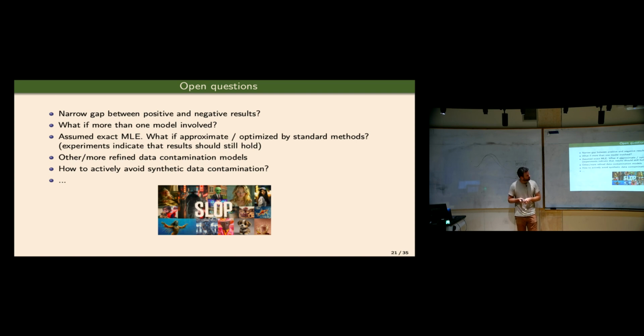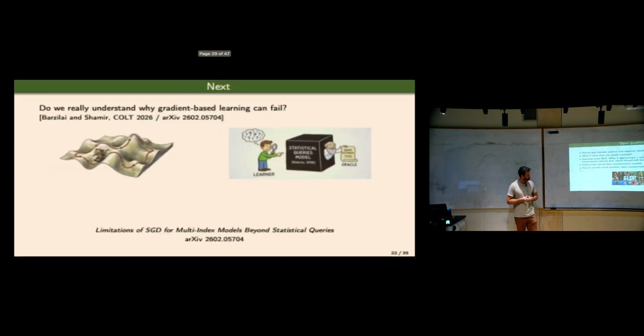Like, what if there are multiple models involved? In our paper, we talked about how you can minimize the loss exactly. What happens if you take into consideration optimization issues, approximation issues? How does that impact model collapse? You can talk about how you actually help prevent these issues in practice, because this is a theoretical paper. For us, a constant is not important. In real life, a constant is very important. So there's still a lot of work to be done.